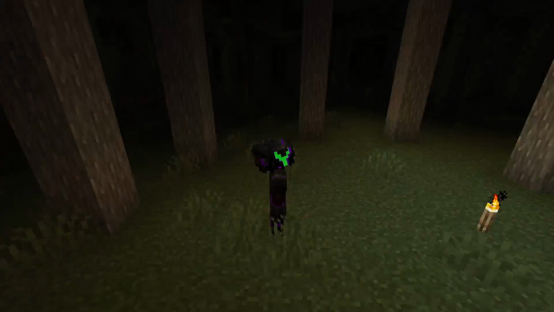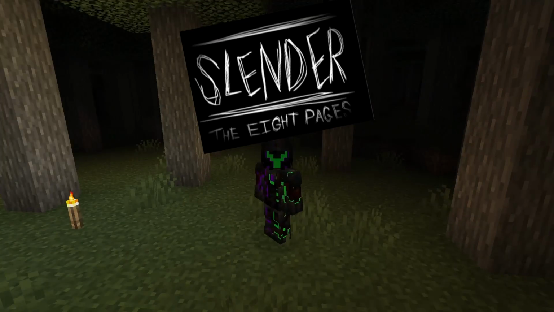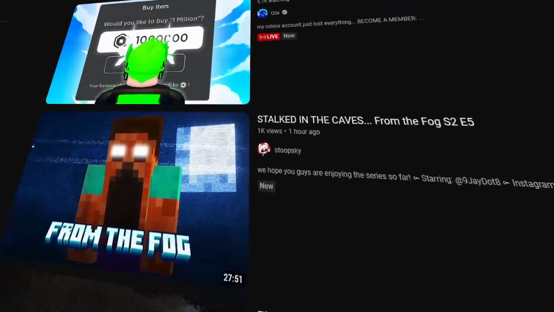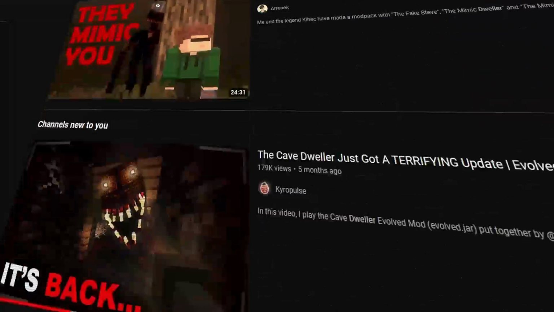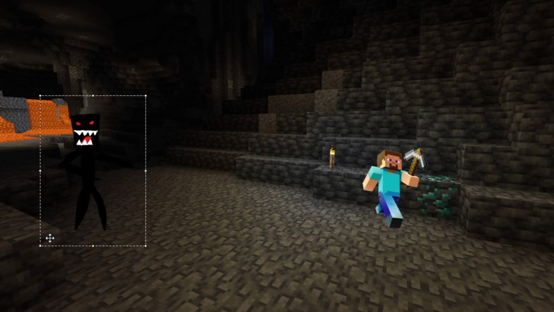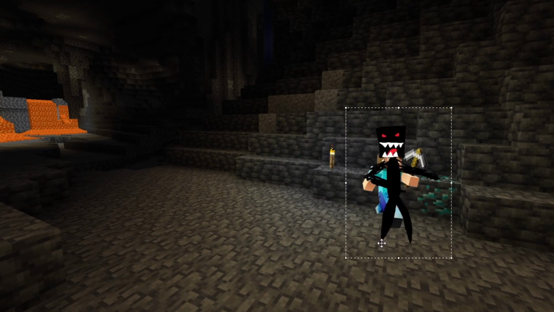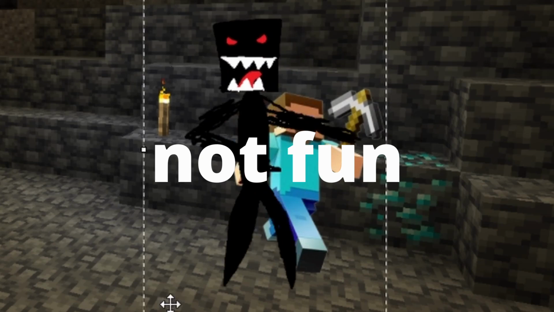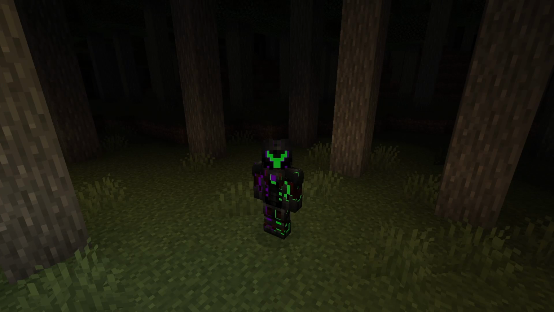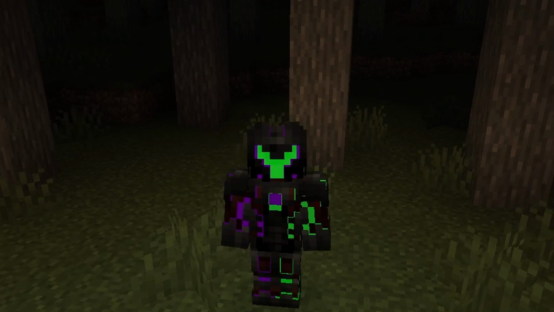I spent the past 2 weeks recreating Slenderman in Minecraft. You see, horror Minecraft has been exploding on YouTube, but it's just not fun anymore. Trying to mine diamonds while spooky guy number 822 is trying to tickle me is just not fun. And even if spooky guy number 822 is very different from spooky guy number 881, it just gets really repetitive